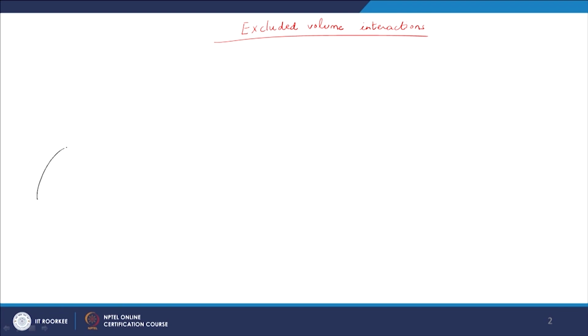So, we are looking at, let us say, two segments which are far along the contour, m minus n is much higher than 1, but they are close